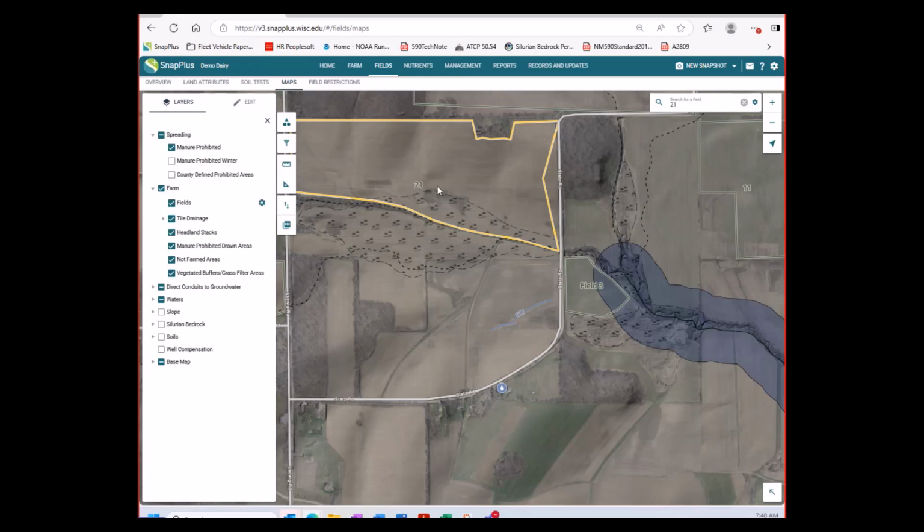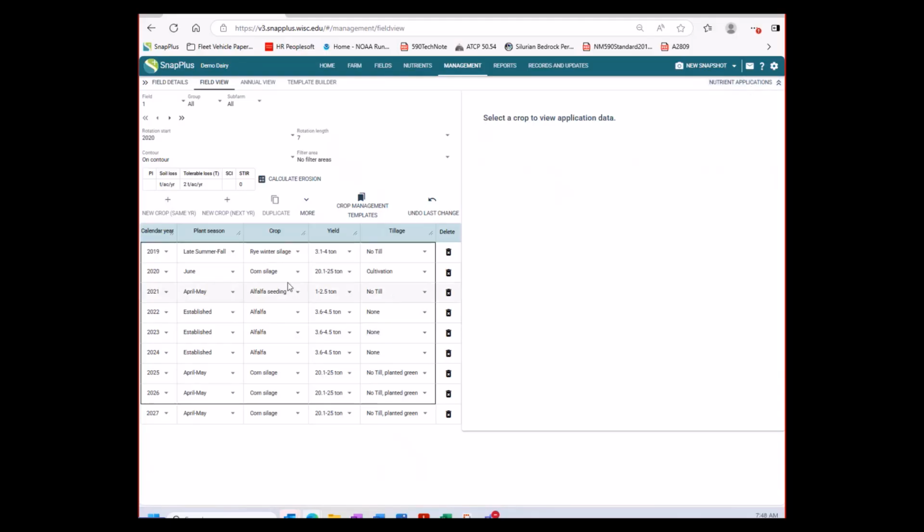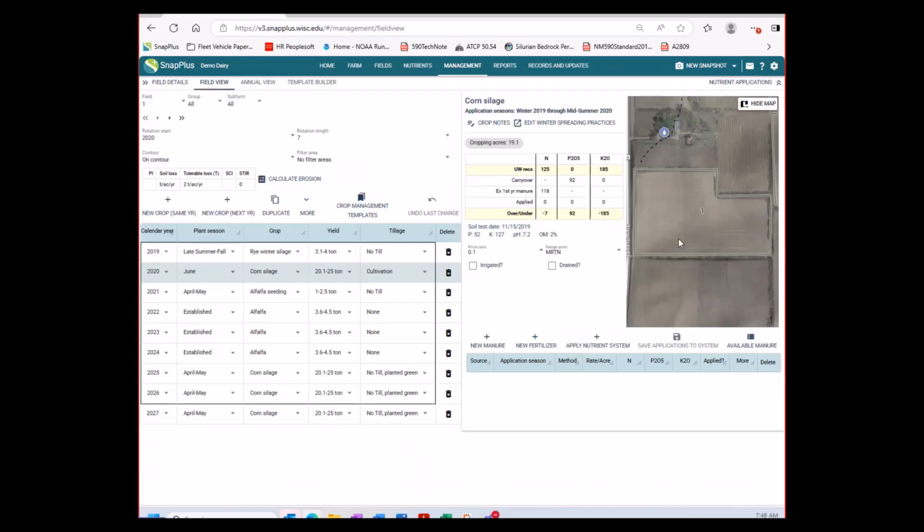A new feature within V3 is that SnapMaps is built into the same program. We do not have to upload or download data anymore. With that being said, when you navigate within the Management tab and you're working on applying nutrient applications on a specific field, we now have the applicable map data right here in front of us when we're working on the field. This allows us to see any setbacks that we might have, any wells, direct conduits to groundwater, any restrictive